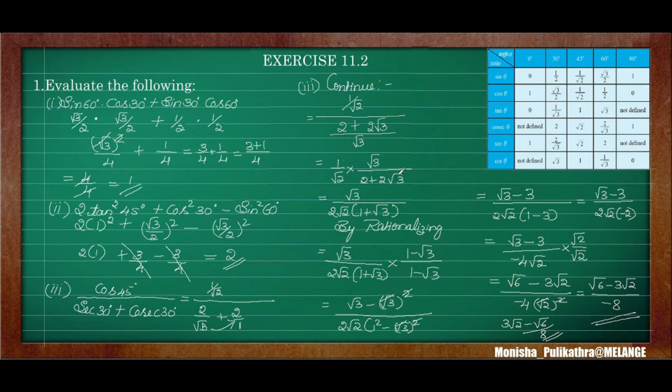Okay. So next what you have to do is you just multiply. Root 3 into 1 is root 3. Here from this term I will be taking 2 common. So 2 is common here. So I took 2 common here. Root 2 will remain as it is. Here the remaining will be, if I take 2 common, the remaining is 1 plus root 3.